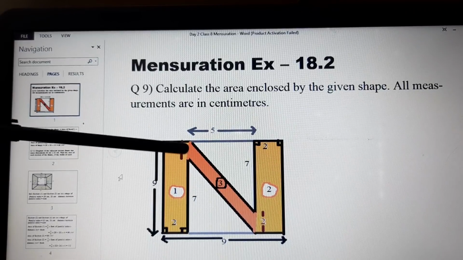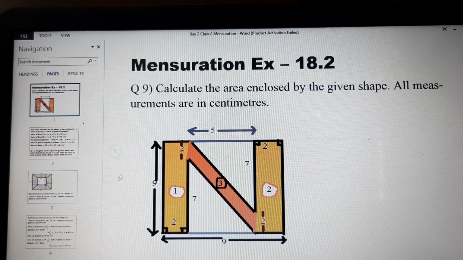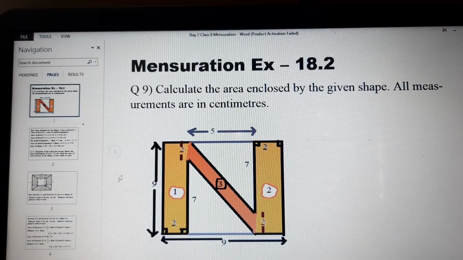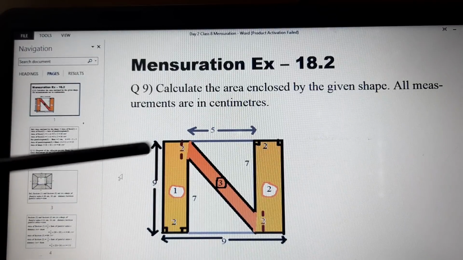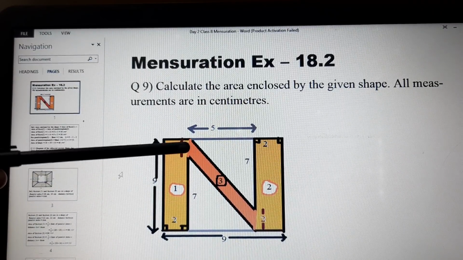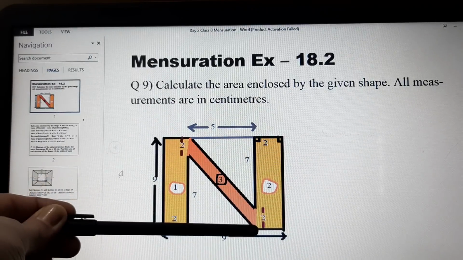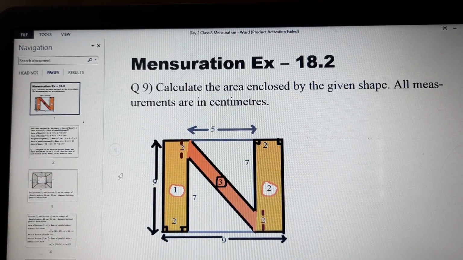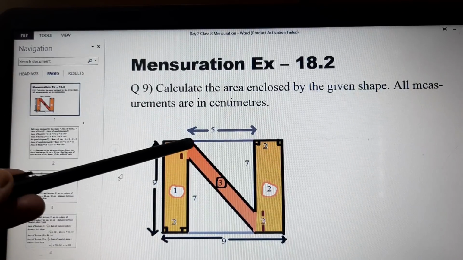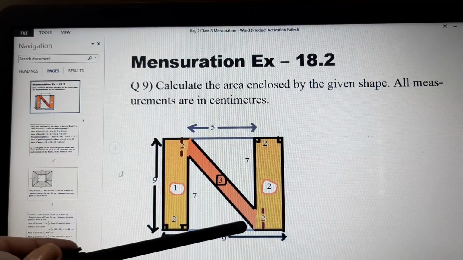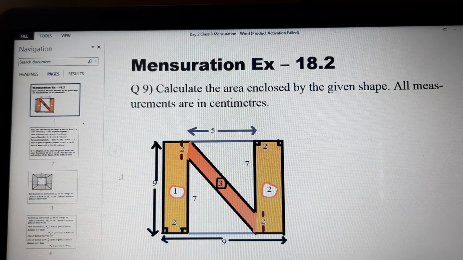And what kind of shape is this orange color? This is a parallelogram. Why will it be a parallelogram? Because these two lines, the lines which we will draw, we will join this line and this line. They were at 90 degrees, so they will be parallel to each other, and these two lines are also parallel to each other. So it becomes a parallelogram.